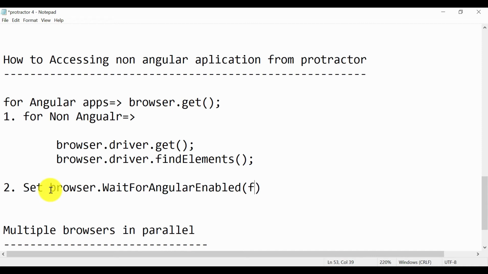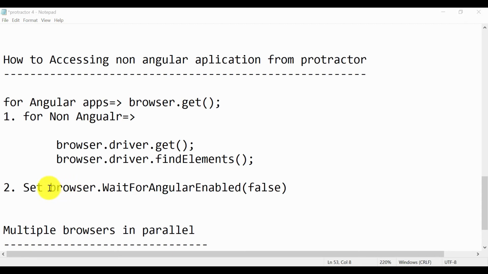You have to set it to false, so it will not wait for Angular while accessing the non-Angular application. You need to write this statement just before you access the URL, so before browser.get. Let us go and see if it's working or not.